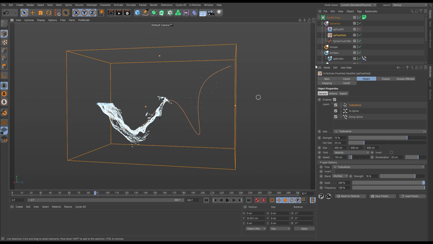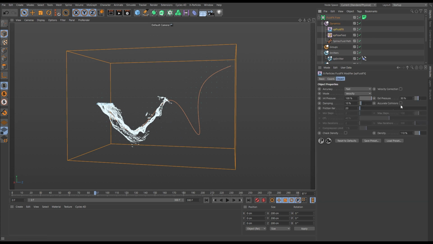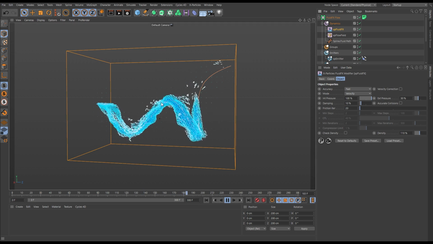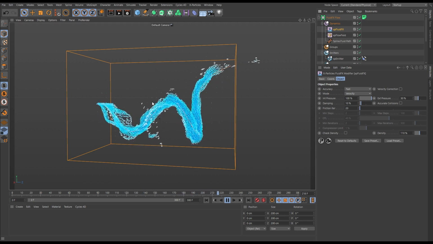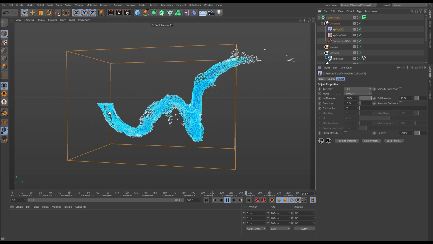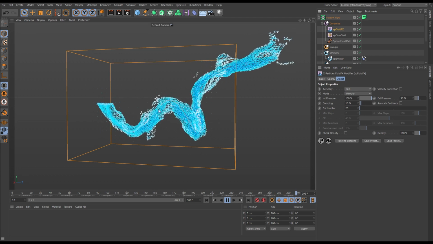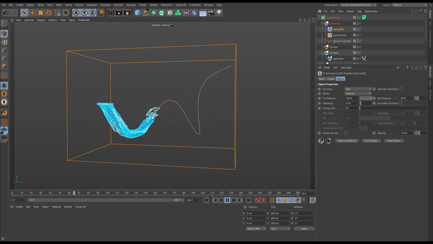So what we can do is just use our very versatile fluid solver, XP FluidFX. We have one in our object manager here. Let's activate it. And if we go into the settings, you'll see that we are completely at default settings. And on the default settings, if we hit play, what you'll see is that we're still getting the velocity information of the XP flow field. It's creating this really nice flow along the path of our spline. We're getting that nice turbulent waviness created by the turbulence layer,